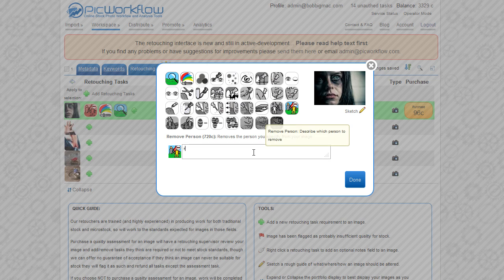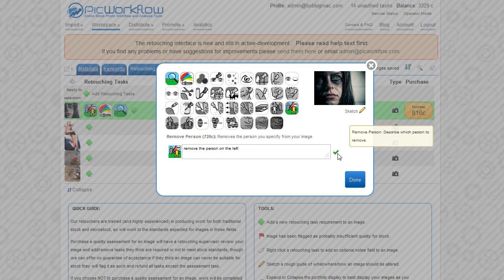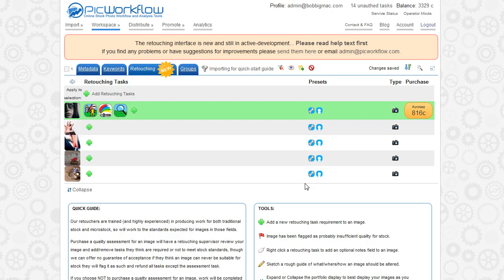You can also say remove the person. In this particular image it's not that relevant, but you see what I mean. That'll save just when you leave that box. Then you hit purchase. If you have the credits available in your account, that will then go to the retouchers, and if you've purchased an assessment, quality assessment, it will be checked first to make sure that the image is